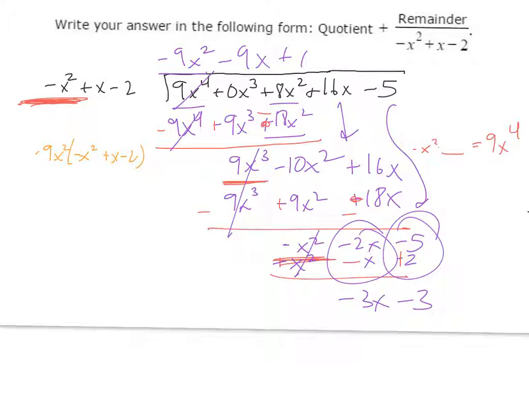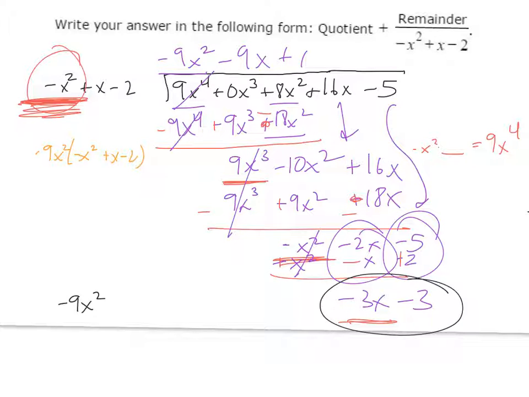And then I, just to check, can I multiply negative x squared by anything to get negative 3x? Of course not. If the power here on x is higher than the power here, you're done with the problem. So the final answer now is going to be, this is on my remainder. Final answer will be negative 9x squared minus 9x plus 1. And then with the remainder of plus negative 3x minus 3 all over what we divided by in the first